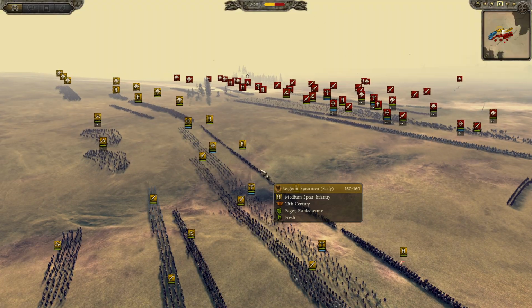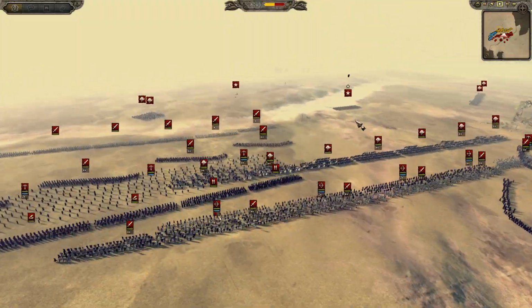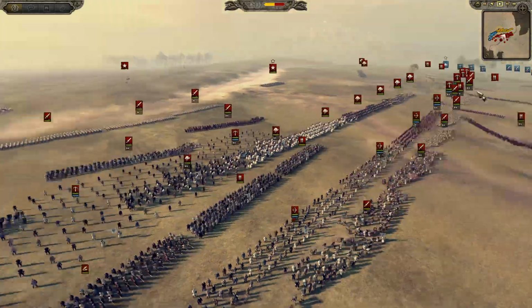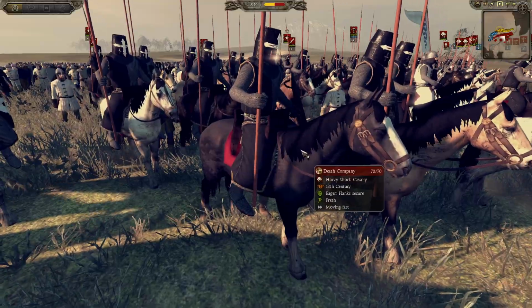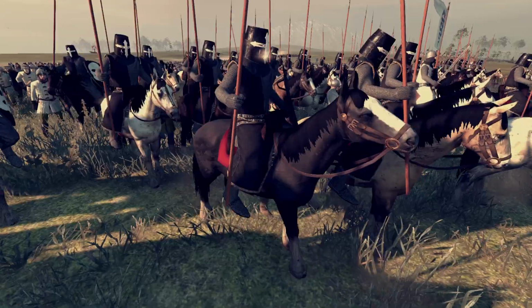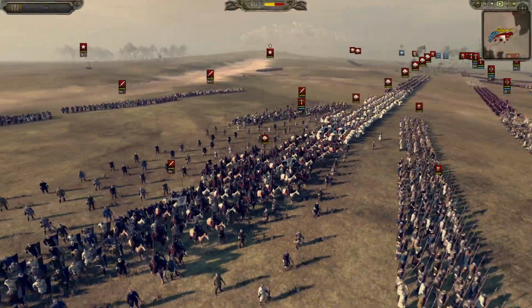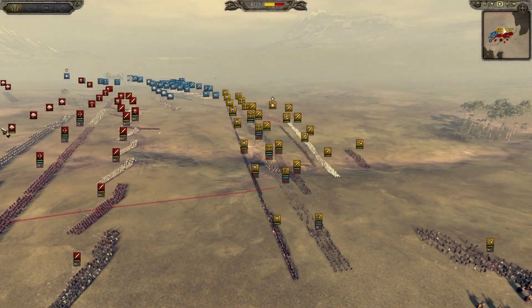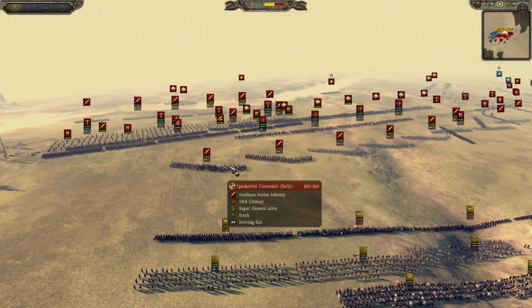We do have a pretty large spear line being formed up here, as the Milanese were trying to use their cavalry here, including a unit called the Death Company, which is very scary. Just entirely in black and a little bit of white there. Kind of looking a bit like a Hospitaller, I guess, as well. But yeah, they were about to do a charge there straight down the center as the spears have been set up.